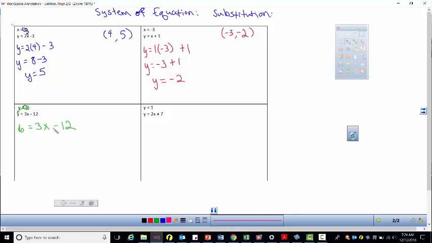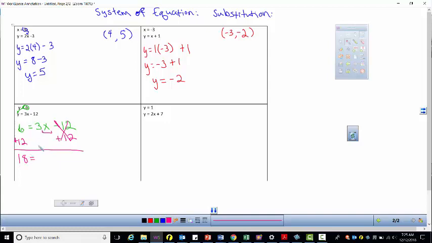So to solve this equation, here is my variable. I have to move the 12 because we have an x on this side and a number on this side. We want to get the x on one side and the number on the other. So I'm going to move the 12. So I get plus 12, and I do plus 12 because I do the opposite. So over here, the minus 12 and the plus 12 cancel. And here I have 6 plus 12, which is 18,